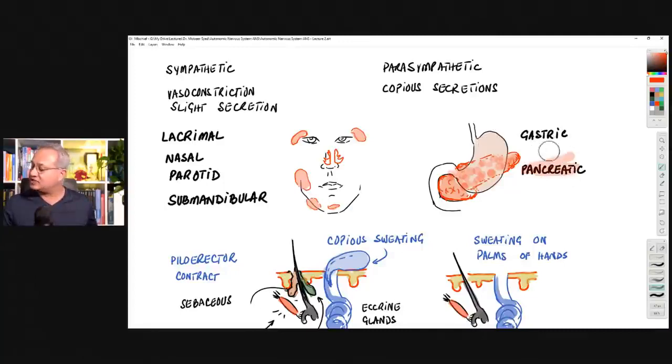And please remember, gastric and pancreatic juice is the same way. Parasympathetic, you're sitting down and eating food. What do you want in that case? You want more secretions. You want saliva to come in. You want gastric juices to be released. You want your secretions to increase so you can digest the food. You can emulsify the food. You can make it liquid. You can chew it, then you can digest it. But that's not a great time when you're running away from a lion.